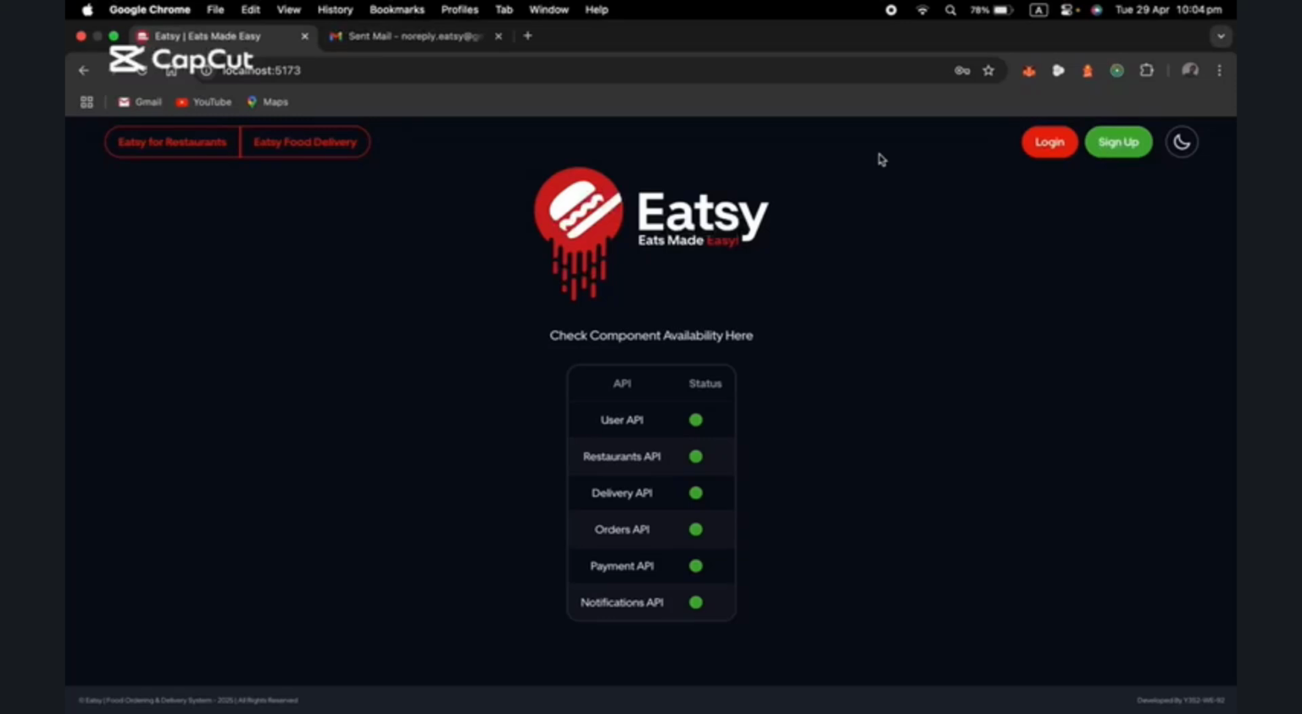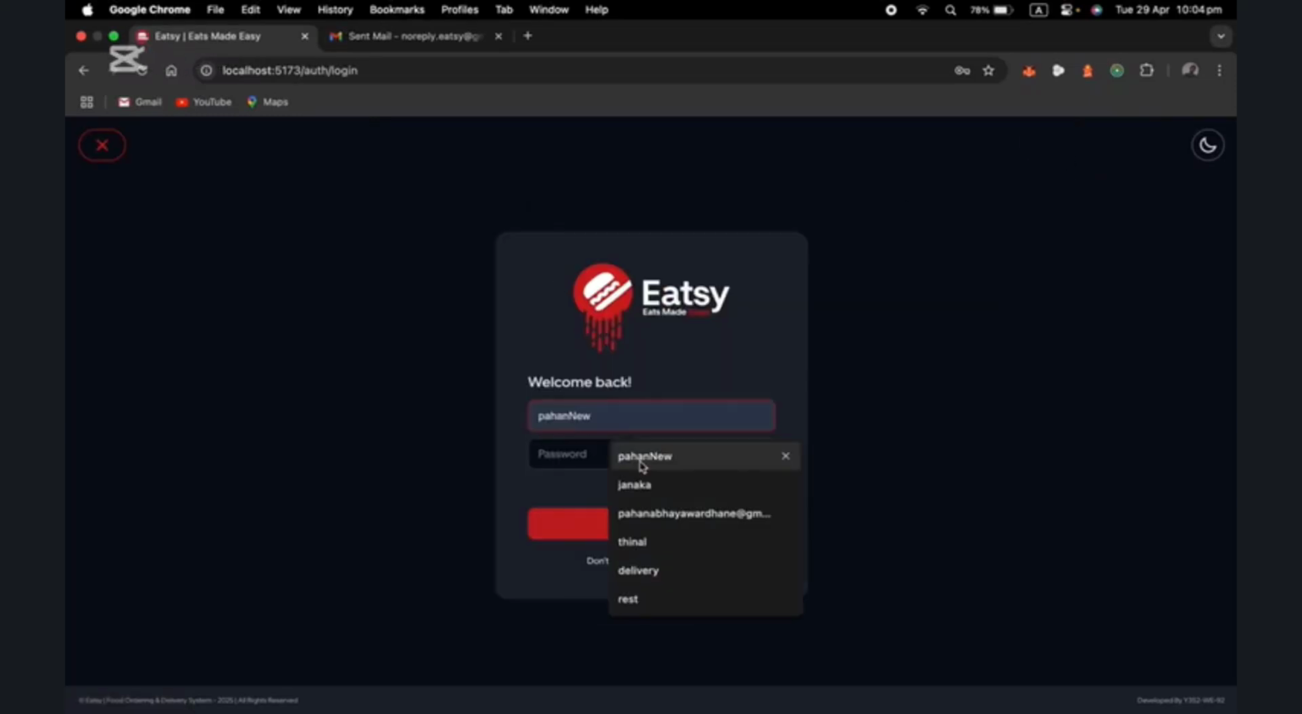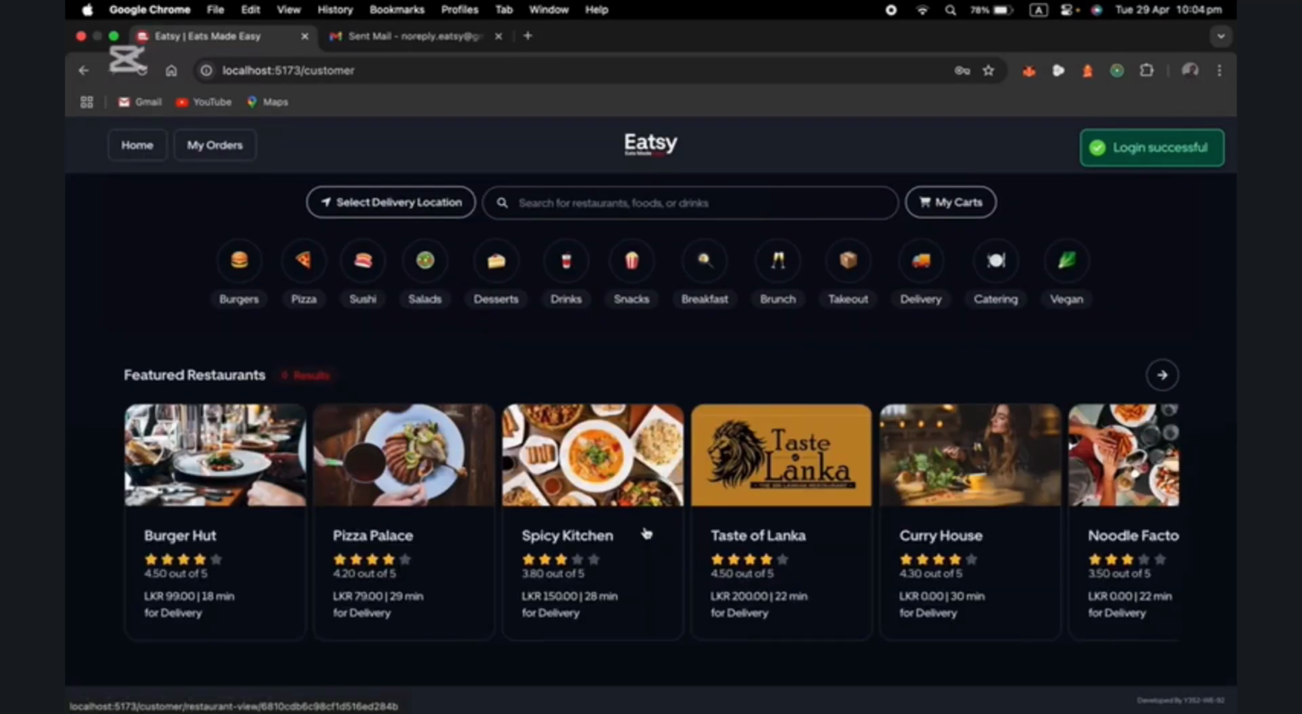the main functionalities of the customer side of the app. So let's quickly log in as a customer. The customer will be navigated to this home page as the first impression. Then